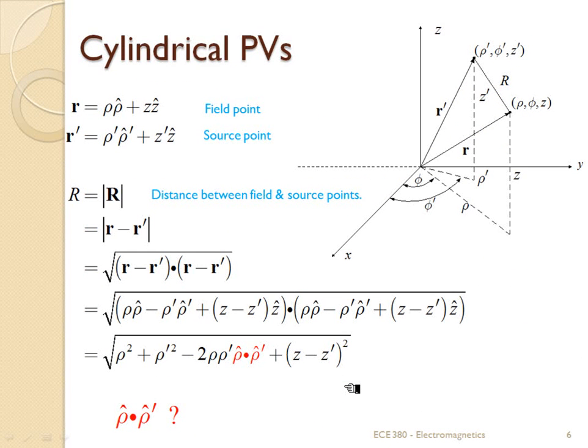Now, sometimes it turns out that cylindrical coordinates are the best coordinate system because we may have a source distribution